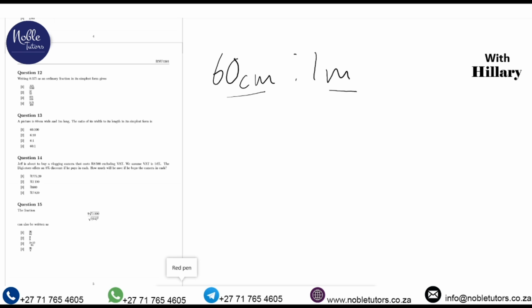So what we need also to learn is how do these relate, the meters to centimeters? We know that with our guidelines, we need to remember that every 100 centimeters is equivalent to 1 meter. So meaning to say, 1 meter is as good as 100 centimeters. Therefore, 60 centimeters